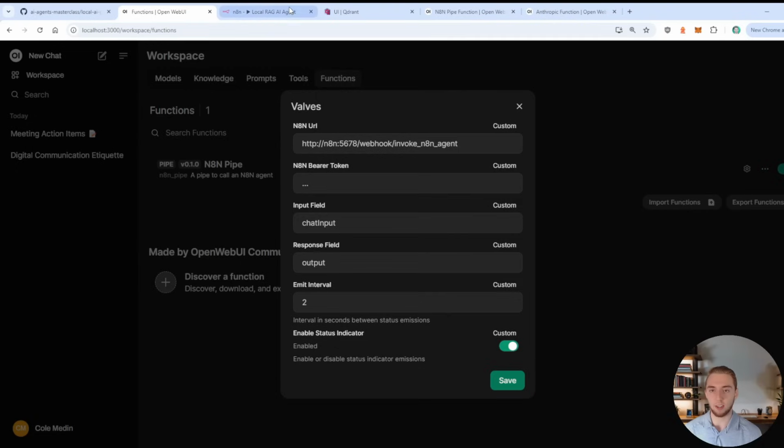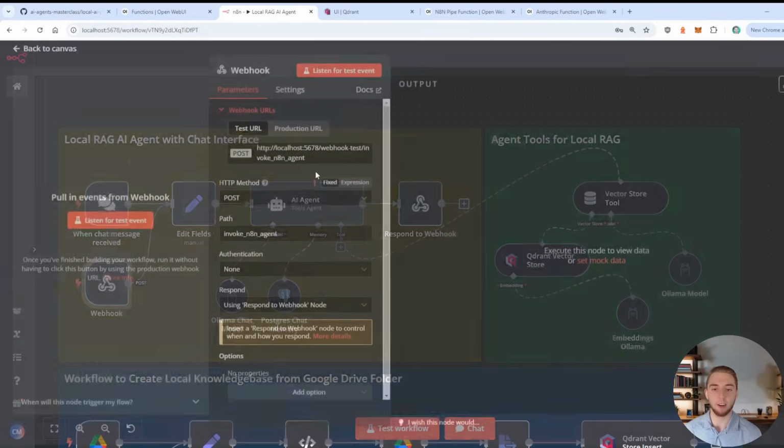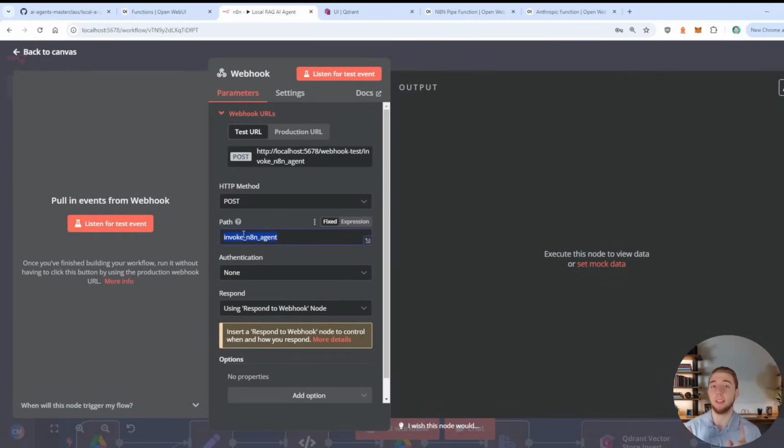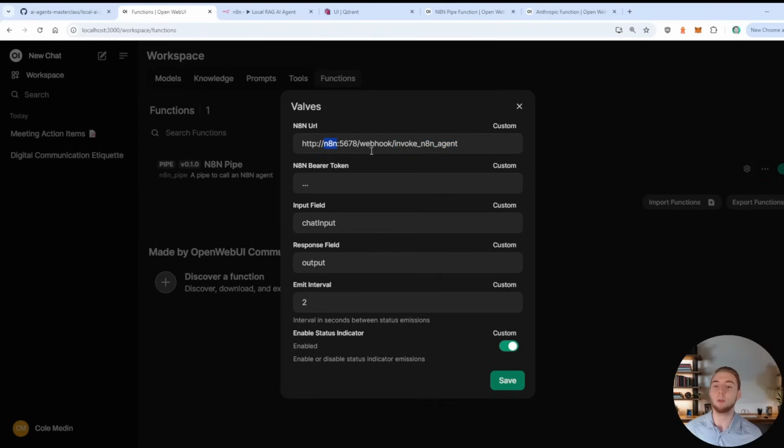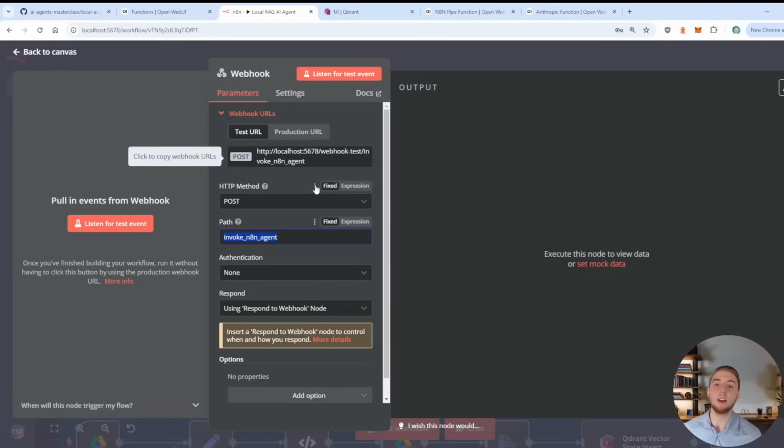So for my case, what I did for my webhook, you can see that it's invoke N8N agent. Going back to my pipeline here, that matches exactly with the path I have set here for the webhook in the workflow. And one really important thing to keep in mind here is the way that the containers communicate with each other is based on the container name. So you don't actually use localhost for your N8N webhook URL in Open WebUI. You use N8N. So replace localhost with N8N,